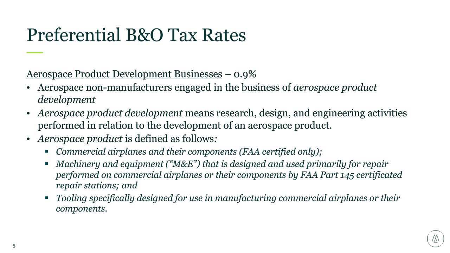The first that we're covering is the preferential B&O tax rate. Again, I mentioned earlier that the rates are set at about half, 50% of the standard rates. This first incentive for aerospace product development businesses, the 0.9% B&O tax rate, is a reduced rate from the 1.5% service income rate. So this would apply to engineering firms, any kind of non-manufacturing service that relates to aerospace